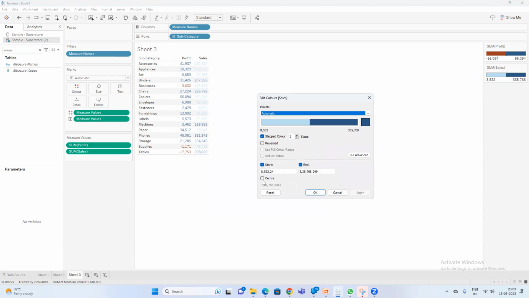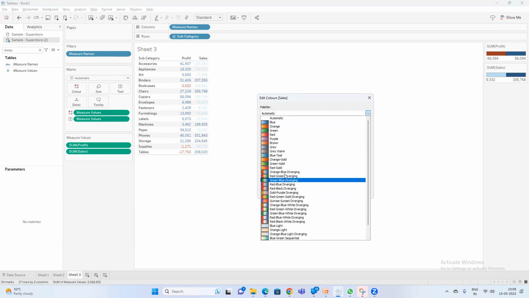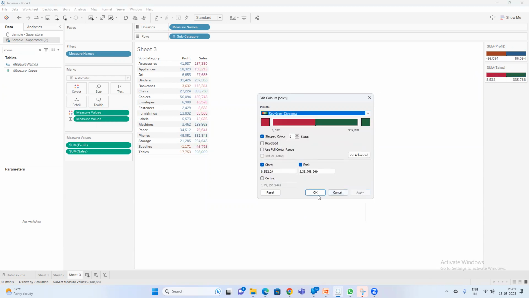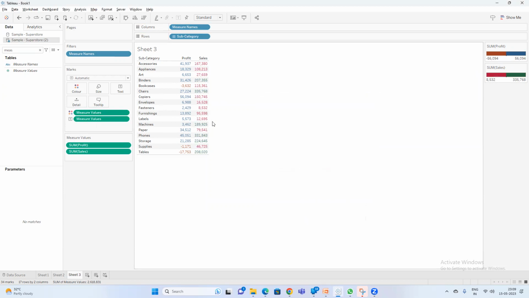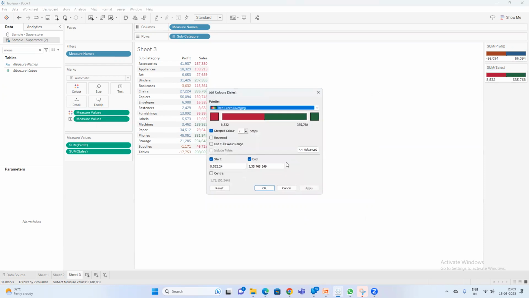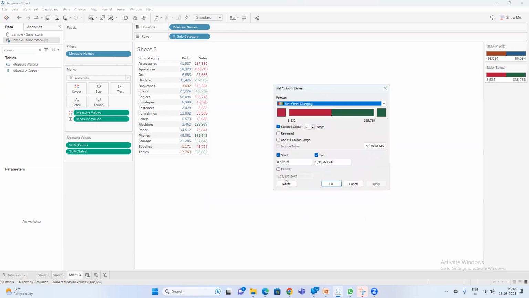Say apply. This way I can apply, or you can say I can take red, green, diverging. Say apply. Whichever value is more than, let's say, 1,72,150, those are colored green, and those with 1,72,150 or below